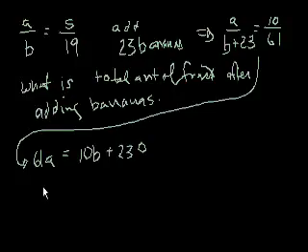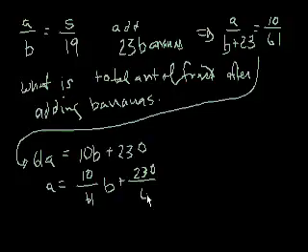And if we divide both sides by 61, we know that a is equal to 10 over 61 b plus 230 over 61. Right? And we could take this equation and multiply both sides by b, and we say that a is equal to 5/19 b. Right? Well, both of these are equal to a, so we could set them equal to each other,